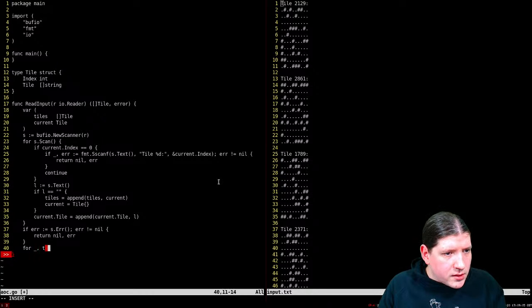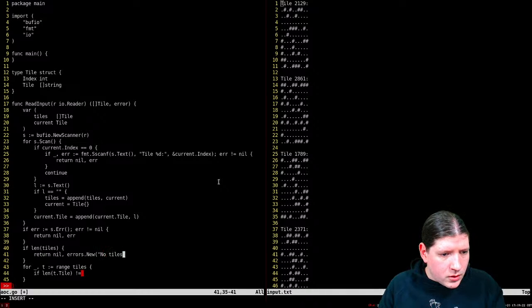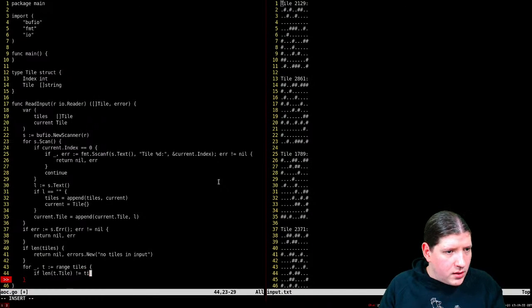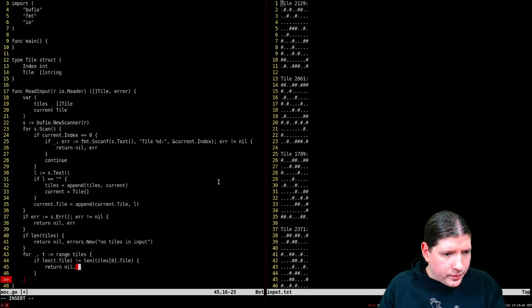For all tiles, if the length of t.tile is not the same, so if we don't have any tiles, we should check that. If the length of tiles, this is the number of rows in the current tile, is not the same as the number of rows in the first tile, tiles have